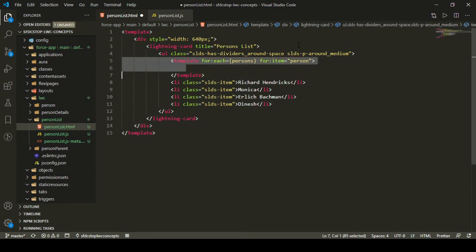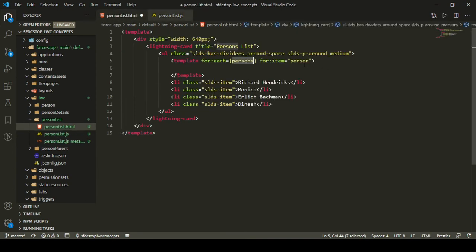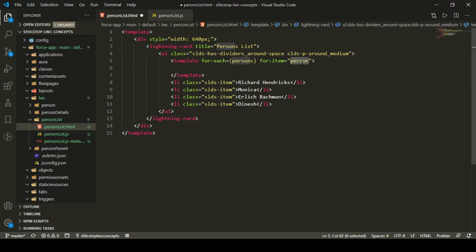So what I have done here is basically initialized a for loop kind of thing, or I can say I have made a loop over here in which the persons array is taken into the loop one by one, and each object of my person array, or each element of my person array, is assigned to this variable one by one. So if I have a persons array in which I have four persons, each time each object is assigned to a variable, and that variable name is person, right?